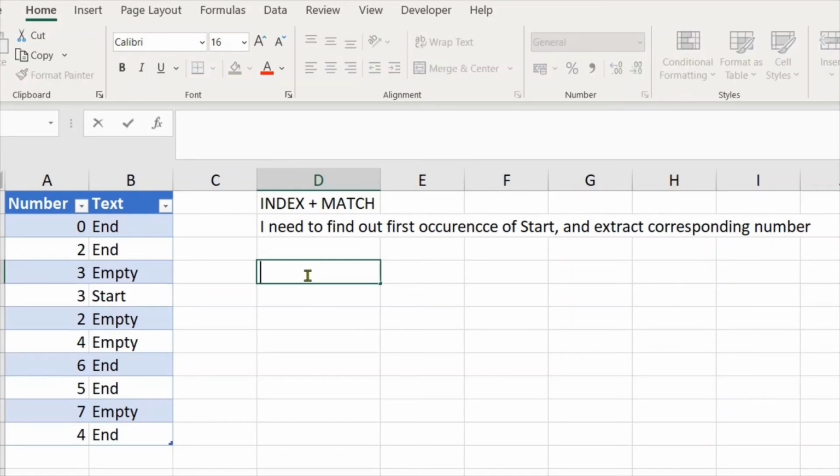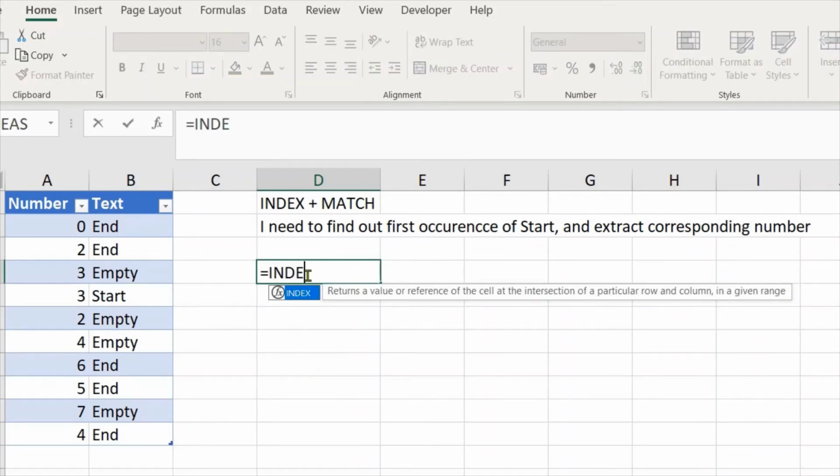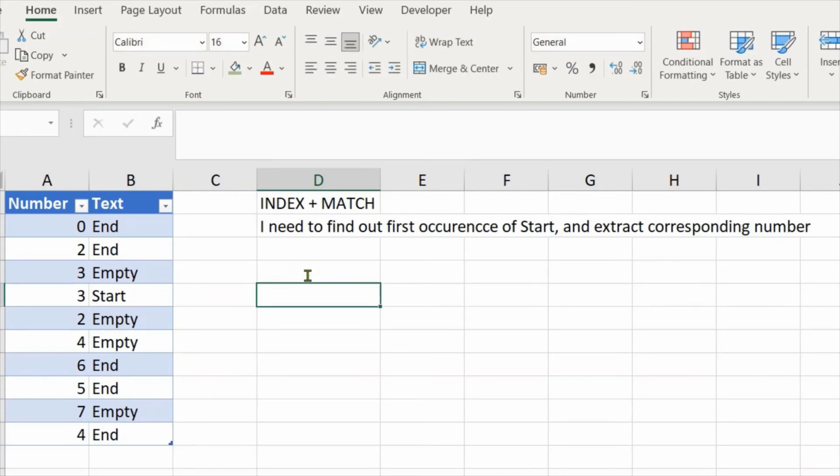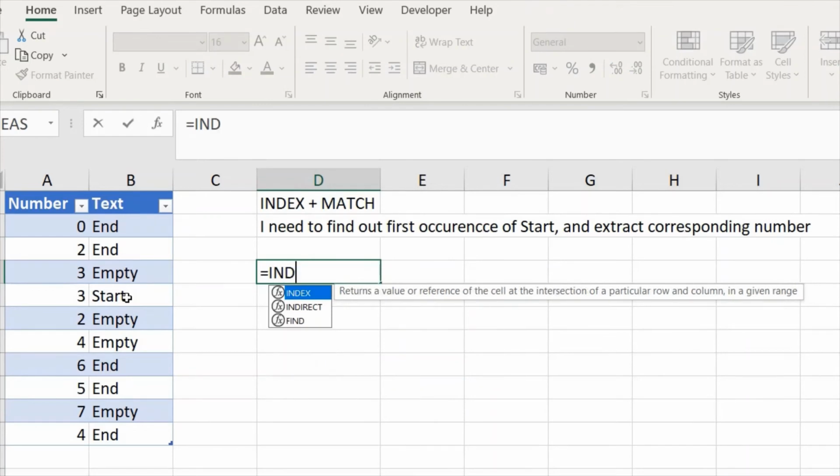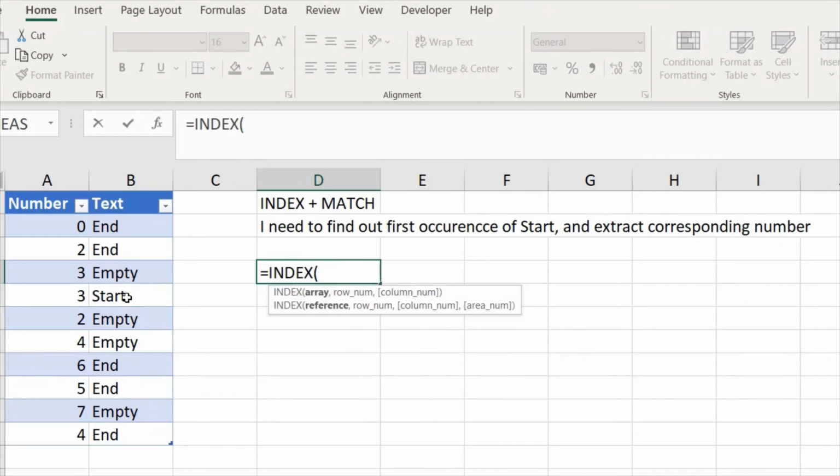Okay, so let's start writing the formula, index. Here I need to know the corresponding number that comes with start. In this case, this is the first occurrence of start, and I need to get the value as 3. So index. The first argument is going to be my output array, because I need to travel this array and I have to pick the 4th element from this. This is my output array, comma, match,